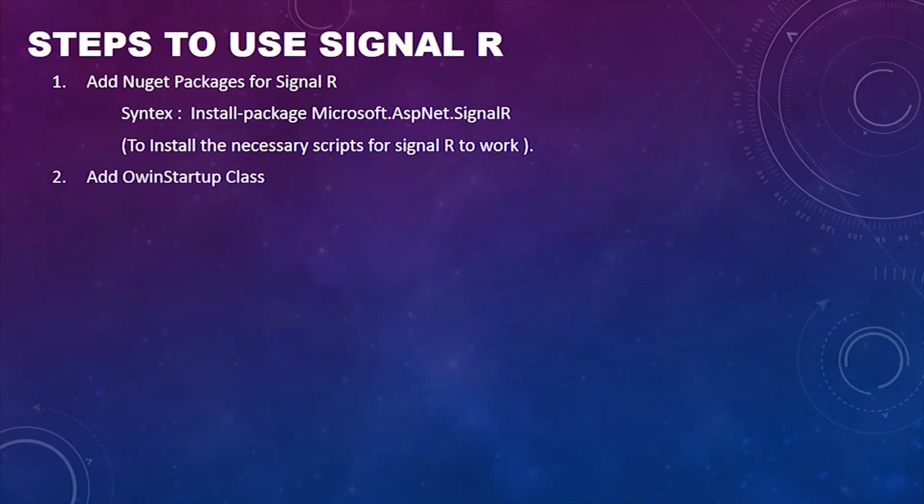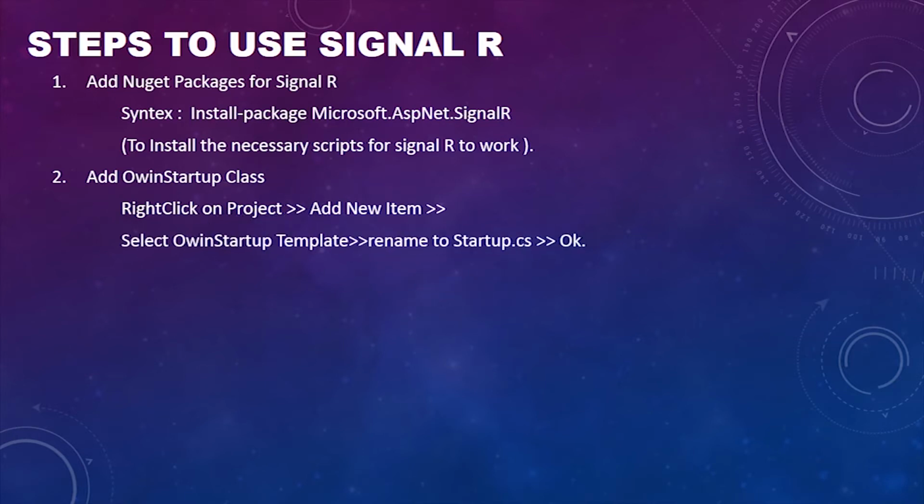The next thing is we need to add an OWIN class, OWIN startup class. And how we can do that? We have to right click in Visual Studio on the project and select add new item. And then there is a template for OWIN startup. We have to select that and say OK. The purpose of this OWIN startup class is to tell the hosting environment that SignalR will be used on the